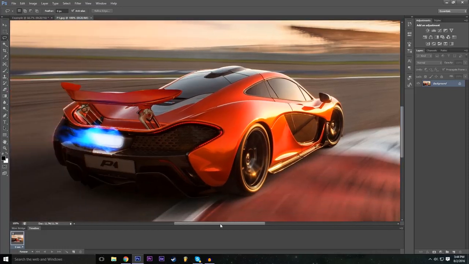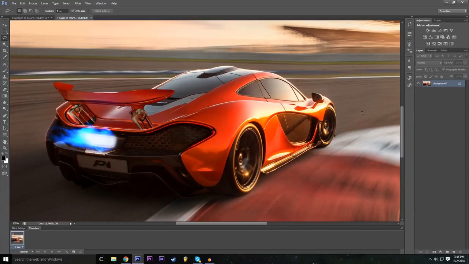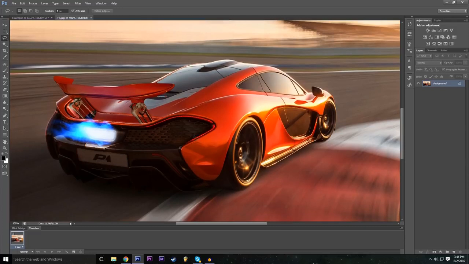Once we're zoomed in, we have a nice shot of the McLaren. Just zoom into a point where the biggest part of the image is the focus of what you want to duplicate. Now we're going to outline this McLaren P1 with the lasso tool. We're going to outline it starting from here, and we're going to do a bit of a sloppy job. It's not very important to be very precise. All you have to do is click and drag with your left mouse button